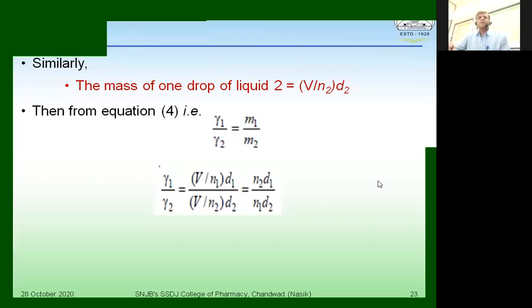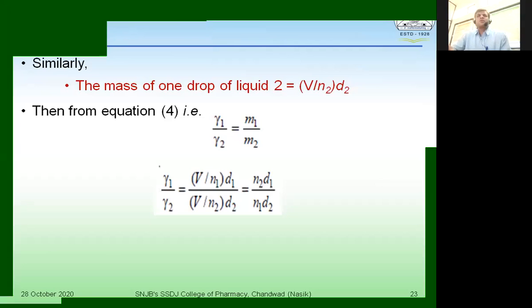and it will be nullified because the volume of both the liquids will remain the same. What varies is the number of drops which are formed, and it varies because of the difference in the surface tension we already spoke about. So when this equation is simplified, we get